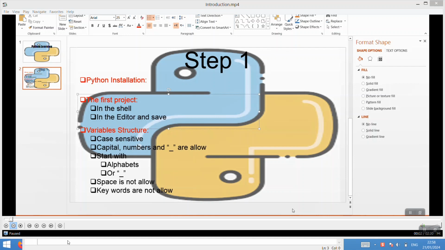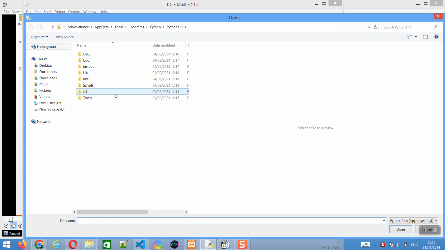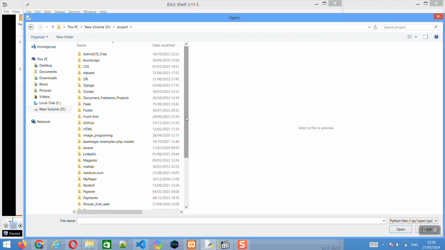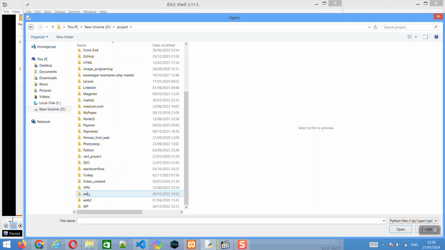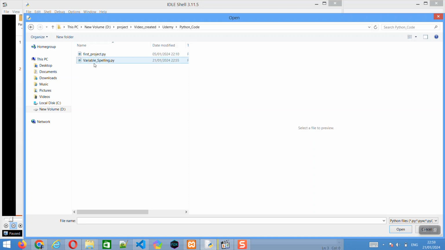For example, I wanted to check both of them in Python. For example, it is our project here. I have this file here. Please obey the structure of your code. Try to save all of your code in a specific place instead of the default place of Python, because when you try to search or investigate some file, it is so easy to find and edit all of them. For example,